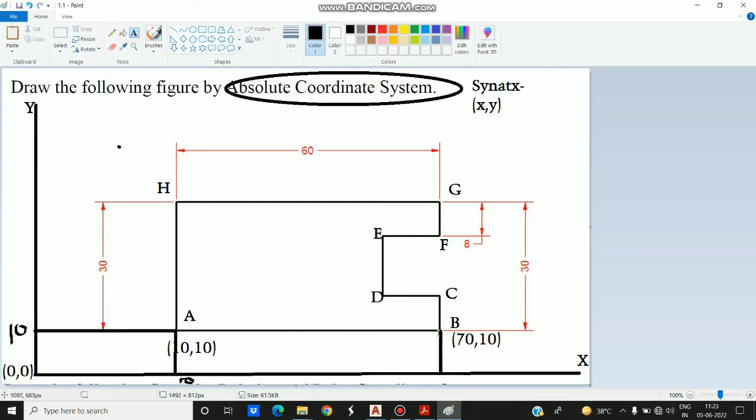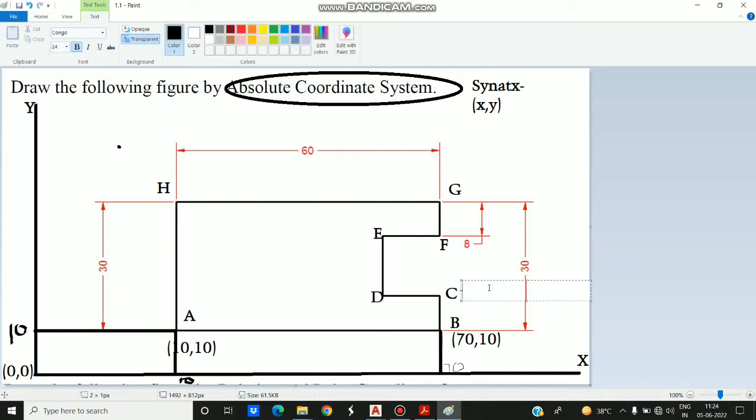So if this length is 8, what is the value of x at C? It will remain the same as it was for B. The value is 70, right? So here the value of x will remain the same, 70. What value will change? y will change. The absolute value of y will be 18 here, right? So the coordinates of C will become 70 comma 18,